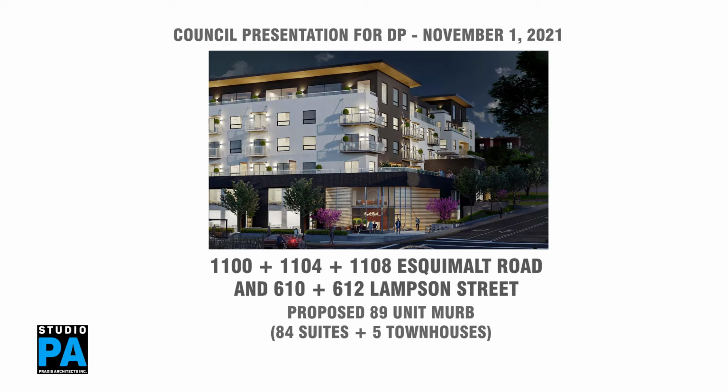As one of Esquimalt's gateway intersections, the location requires a strong response. Some of the design challenges we faced in developing our response were the significant slope along Lampson Street, the relative narrowness of the streets, and the busy intersection. We feel we have come up with an appropriately scaled project that has a strong presence but does not dominate. The generous corner plaza helps to provide some visual and physical relief and creates an edge that has a real